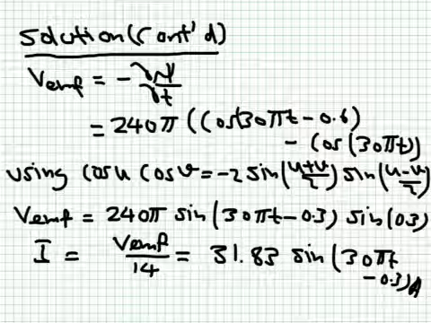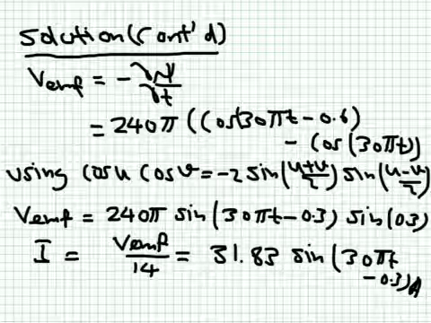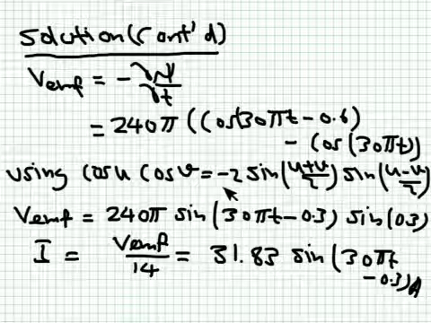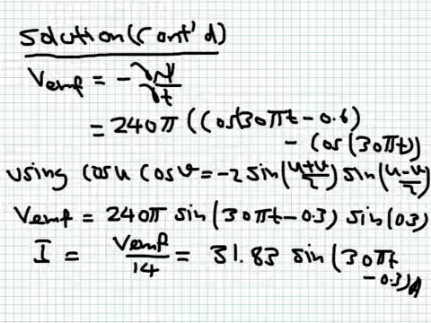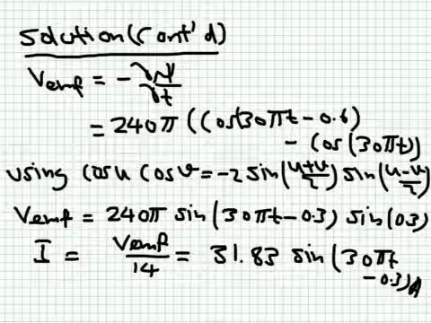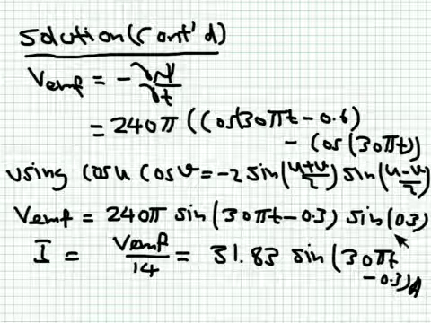The negative sign will cancel with the negative sign we had earlier. We can now use an identity that cosine u minus cosine v is equal to minus 2 sine of (u plus v) over 2 times sine of (u minus v) over 2. So this is u here and this is v. When you sum them and divide by 2, you get this term. When you subtract them and divide by 2, you get minus